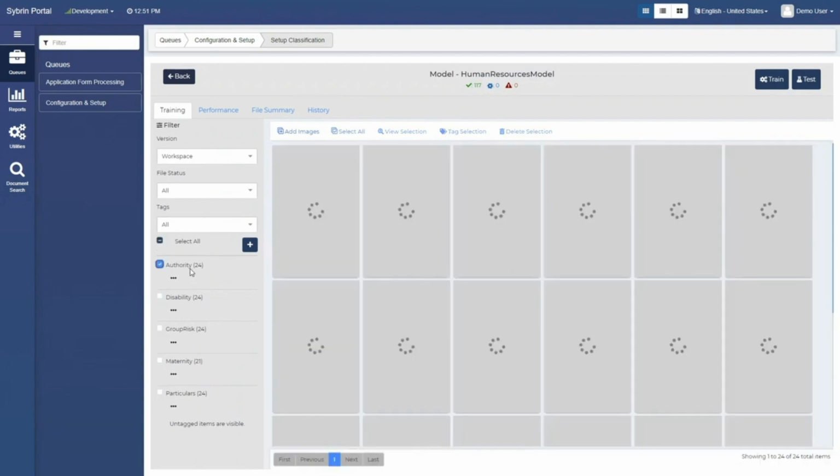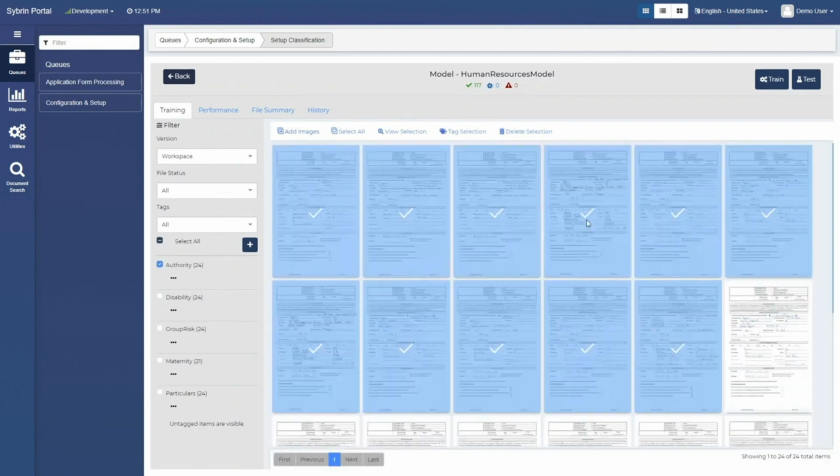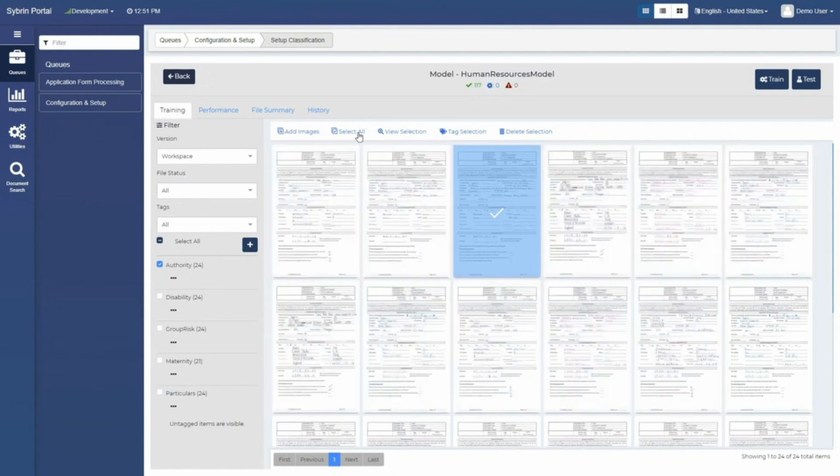You can view all the specific images that the model has actually been trained on. You can change the tags if you wanted to from here. And we can even add more labels to it. In other words, adding a new label means we're adding a new document that it should be able to recognize